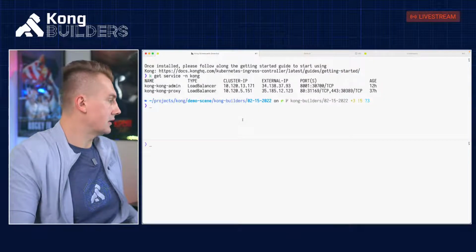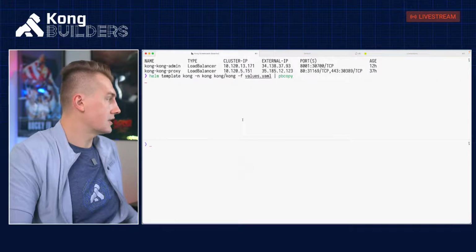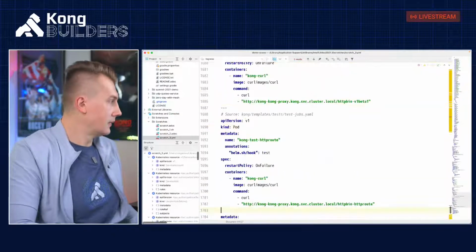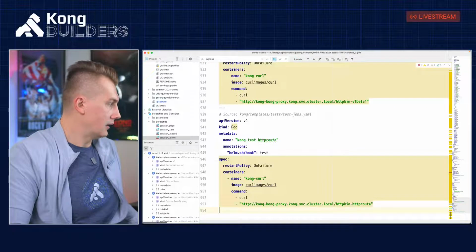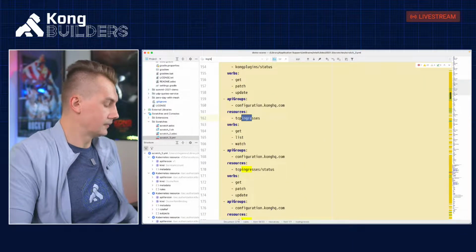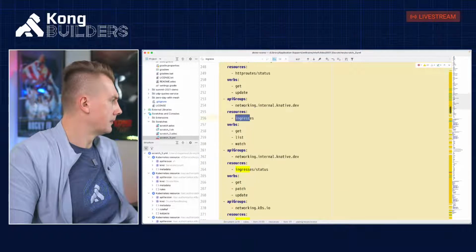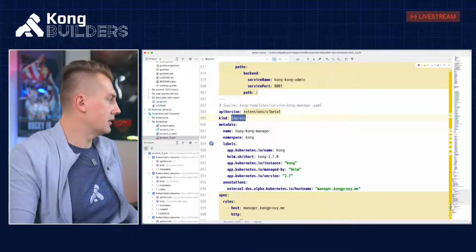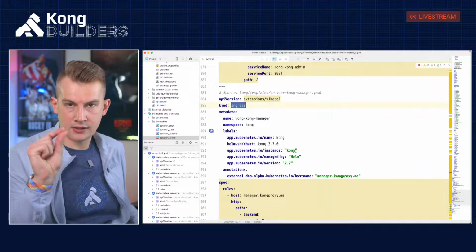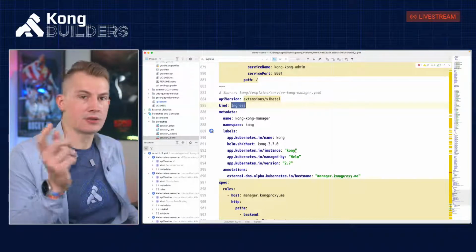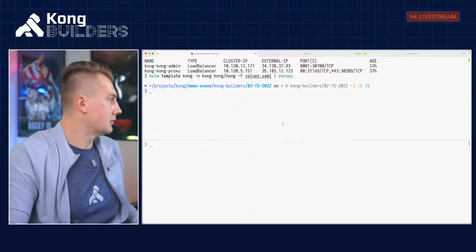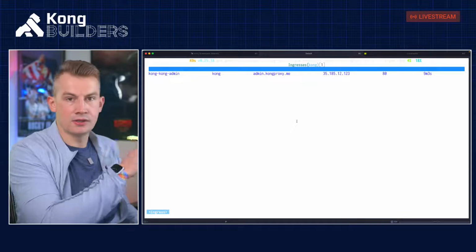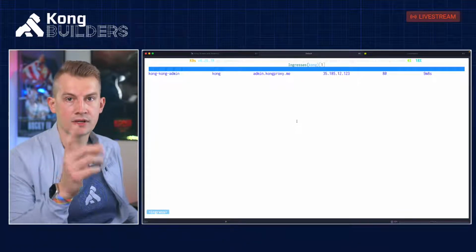So in this case, if I go and do template, just to confirm my theory, and I will look for ingress. So we do have an ingress for admin, yeah. So the Helm chart is controlling what services will be created. So I disabled enterprise and it enabled this. So I'll run upgrade. We will see that a new ingress will appear here. This ingress will be created.